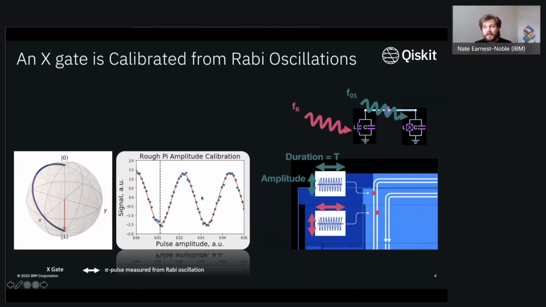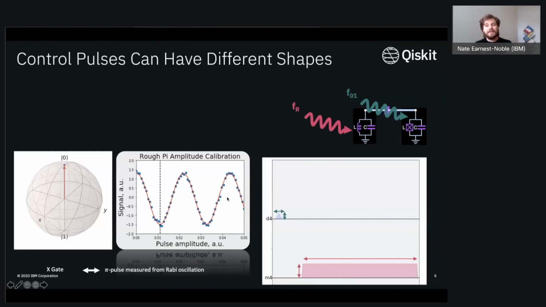Now, this is going to be the initial rough calibration. There are some details as to how you can fine-tune the amplitude, which we'll get into in a second. But before doing that, I just want to discuss this idea of the pulse shapes itself. Namely, you can take these waveforms that you're sending at the qubit frequency and have them have a variety of characteristic shapes. As shown here, we have two different ones. So we have the control pulse for our qubit. This happens to be on qubit 4 for some device.